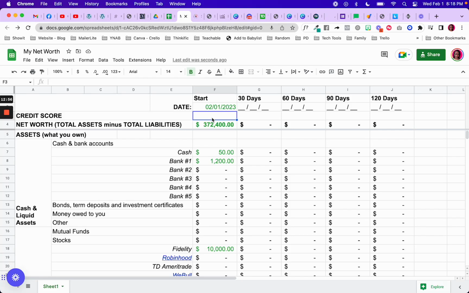You want to dispute things off of your credit score if they shouldn't be there. And so that's why we need to talk about it all together. But once we do, you want to make sure that you are adding that here as well. And so what we can do is over time, right? So let's say,